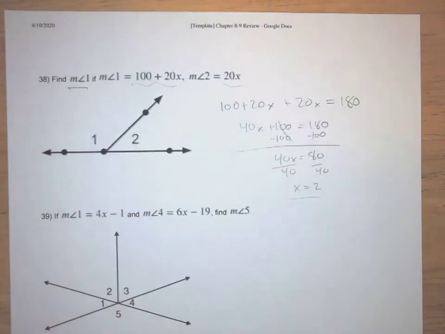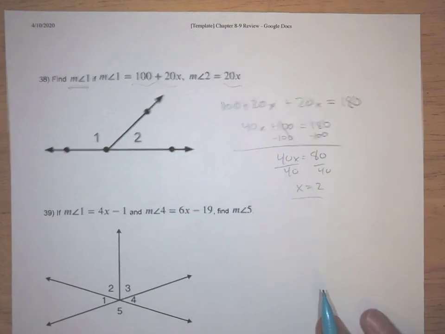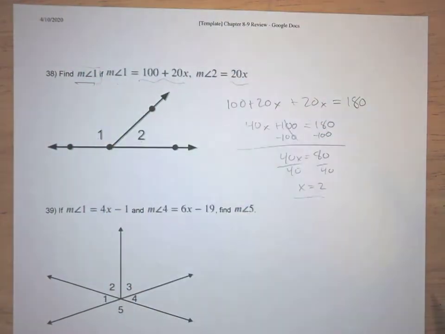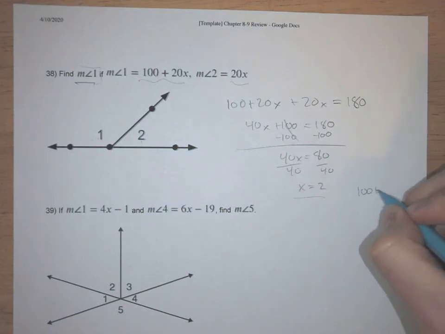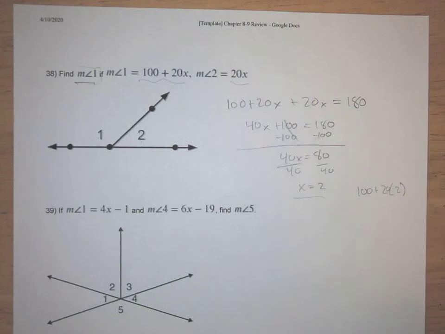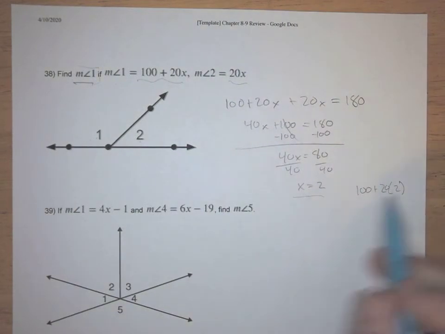What we're looking for, we got to read carefully because every problem is going to be a little different. We just want to find angle 1. They're not even asking us to find angle 2. So just find angle 1. Okay, well the measure of angle 1 is 100 plus 20 times x, which in this case will be 100 plus 20 times 2 because we know x is 2 now. So that's going to give us 100 plus 40,